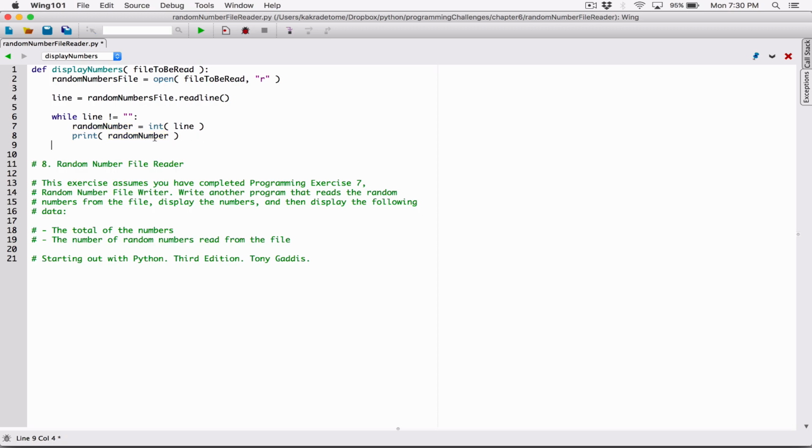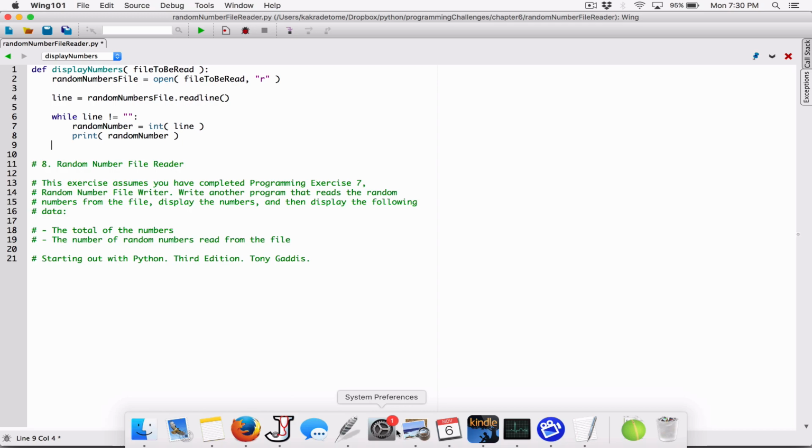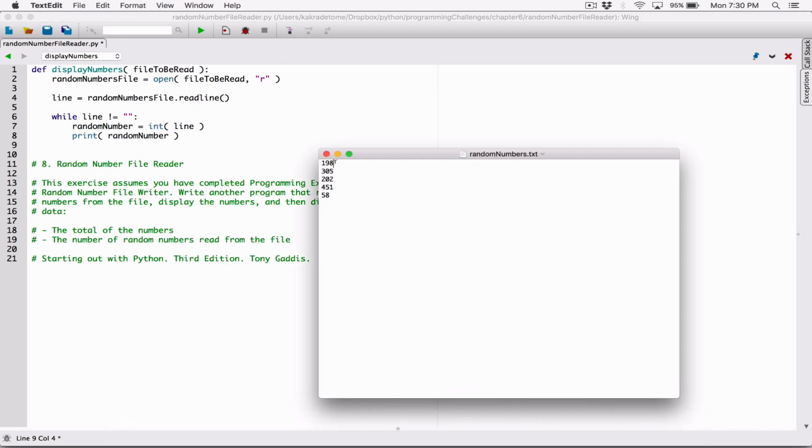So let's print that number. All right. So if we've read this line here, made sure that it's not empty, we've converted to a number, and we've printed it, then we need to go ahead and read the next line, right? Because remember, the read position will be here. Once you call read line, it reads this line and moves the read position from the end of this line to the beginning of this line, and waits for us to call read line again in order to read this